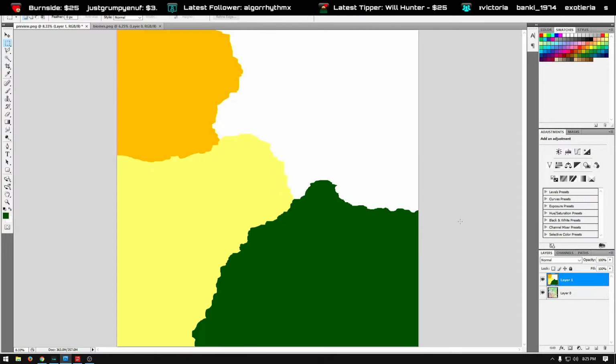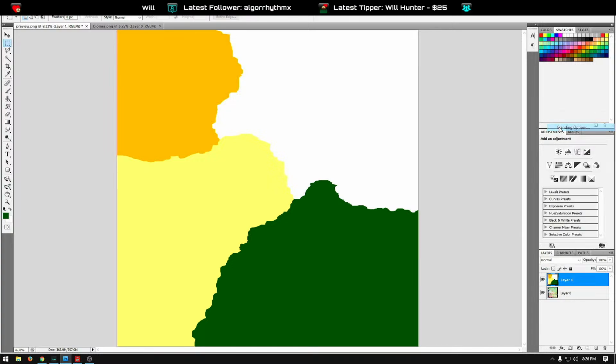Technically I go through and I'll save as like Biomes 2 or whatever, and then that way I can rename the files and I don't always lose the original in case for whatever reason I want to reference it. You can delete the preview if you wish, but one last time before we finish up here,